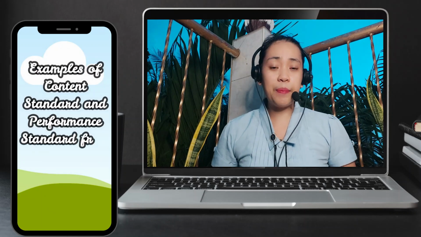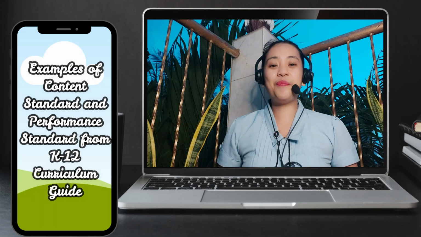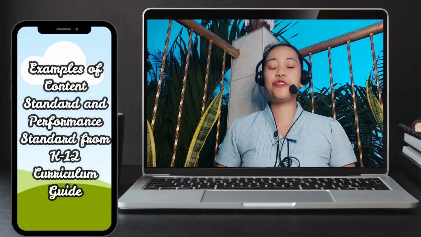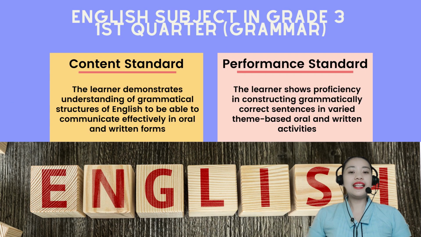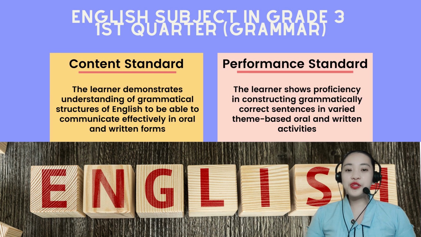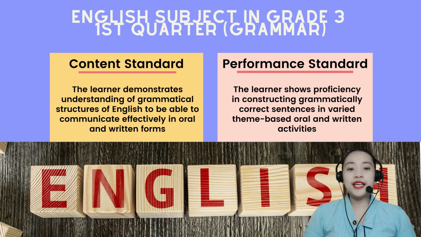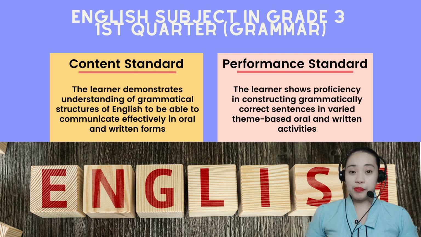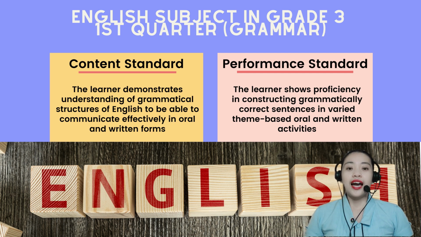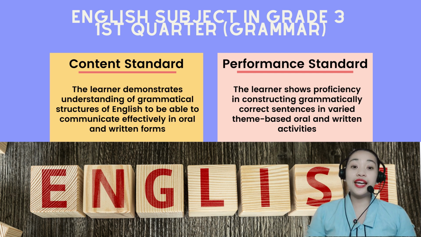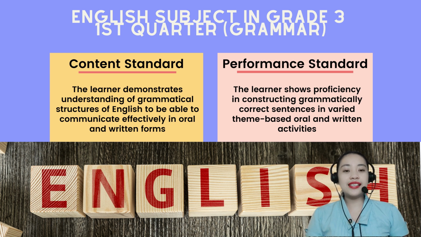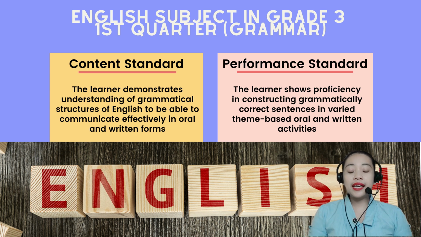Here are more examples of content standard and performance standard from the K-12 curriculum guide. Let's start with an English subject in grade 3, first quarter, grammar. The content standard is the learner demonstrates understanding of grammatical structures of English to be able to communicate effectively in oral and written forms. While performance standard, the learner shows proficiency in constructing grammatically correct sentences in varied theme-based oral